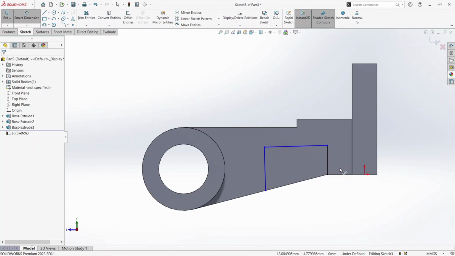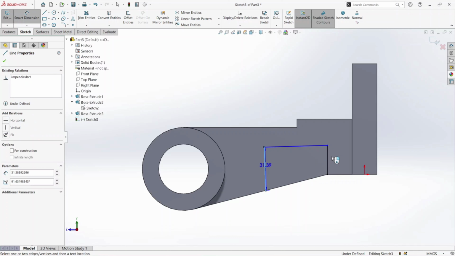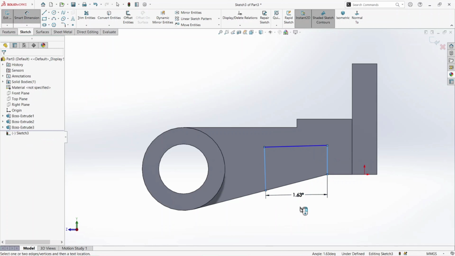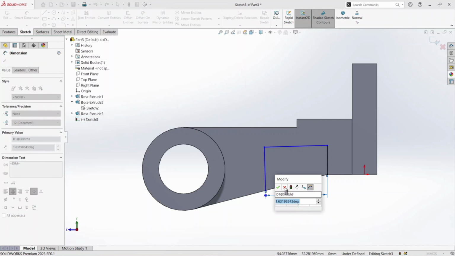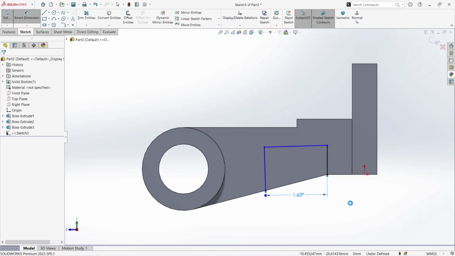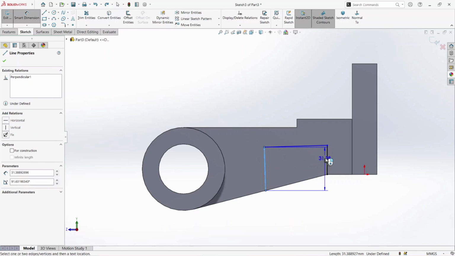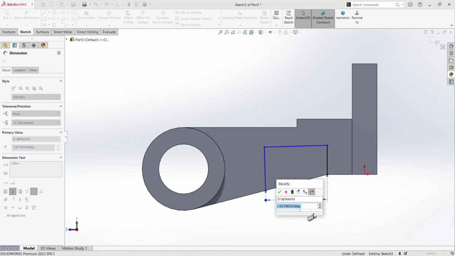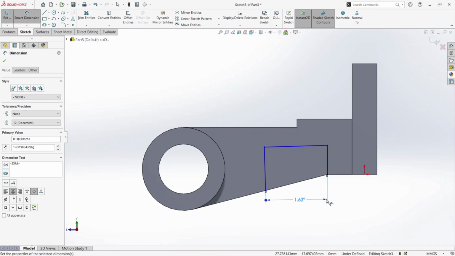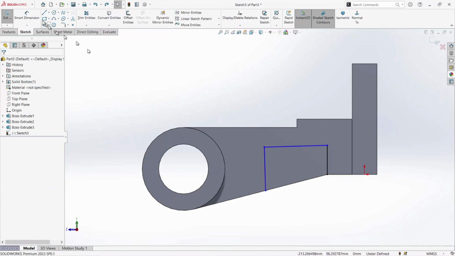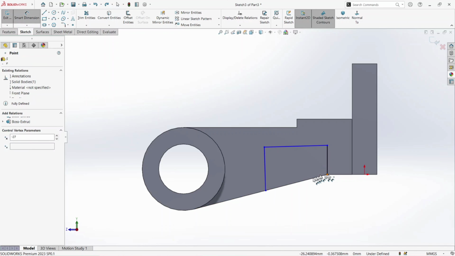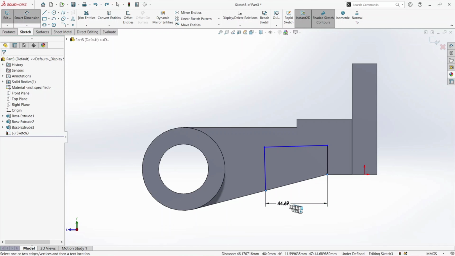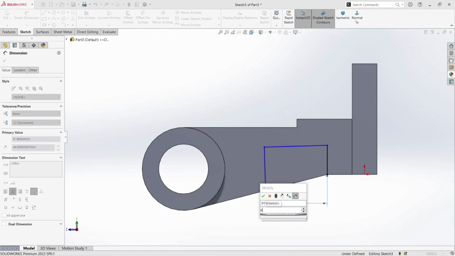Okay, now give dimension, which is this dimension is 18, we know. Here it is. Okay, sorry. Smart dimension. Why is it taking in degree? Okay, now fine. Give 60 mm